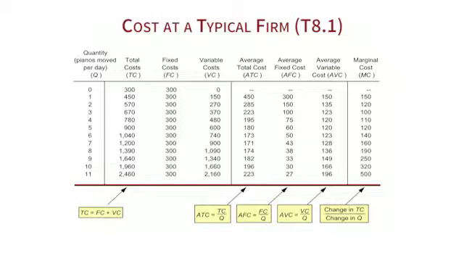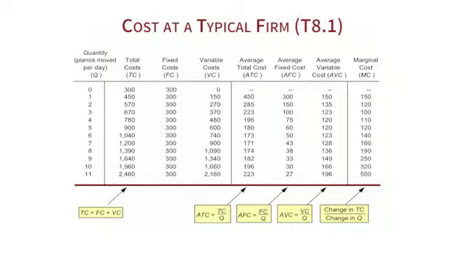And as you can see, total costs rise as more is produced. Fixed costs do not rise. That's the amount that has to be paid for the capital. That's not changing because remember, this is a short run. Fixed costs are fixed in the short run. But then the third column of the numbers is the variable costs, and those do increase as more workers are